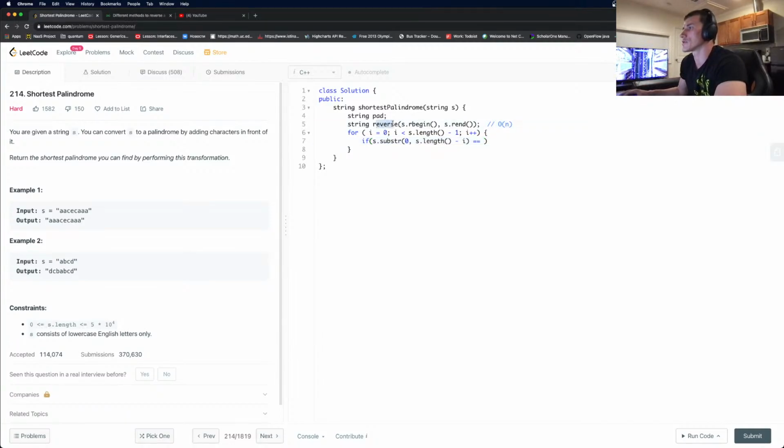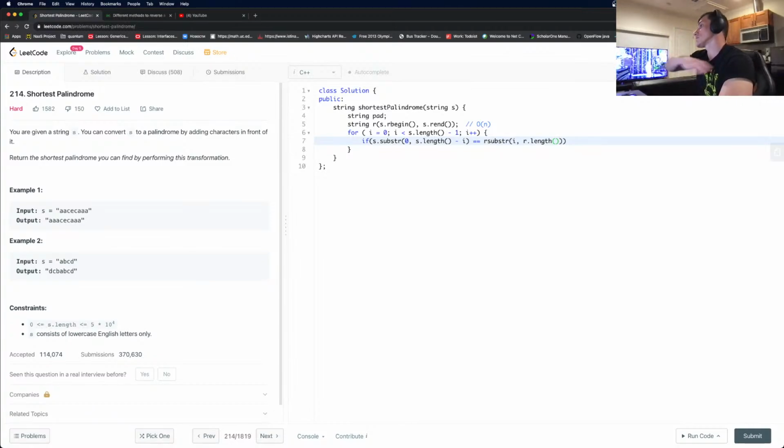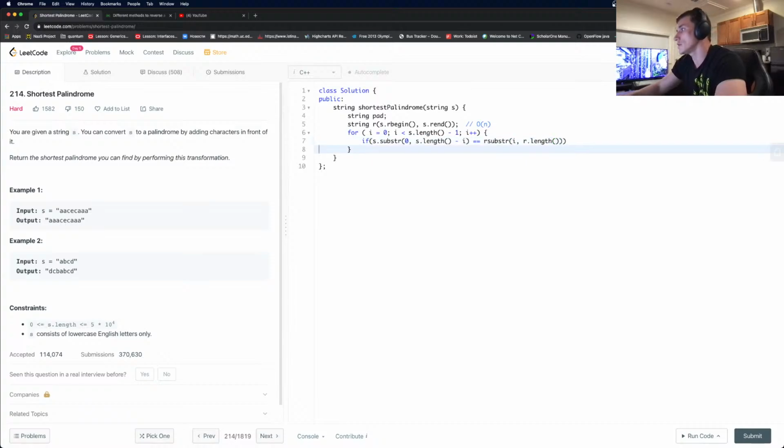Can I call reverse just r? Just one letter, for simplicity. So r, basically the same thing, but we need the substring from i to the end, right? So if i is 0, it's the entire string. If i is 1, then it's without the first element and so forth. So if it's equal, break,